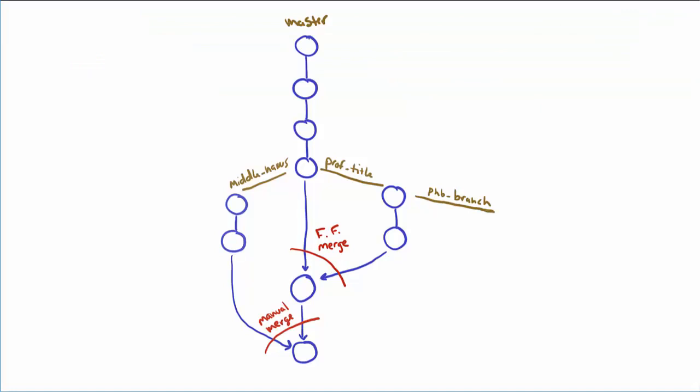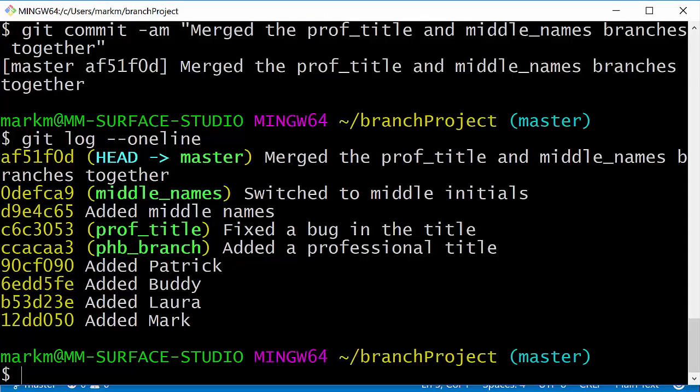If at any time in the merging process you'd rather stop and go back to the state before you even began the merge, you can actually abort the merge. I'm not going to do it here because the merge was successful, but if you ask Git to combine two branches together and you can't quite figure out how to merge them together, you can always just abort, and this will go back to the previous state. Also, you want to make sure your working directory is clean before you do a merge. You don't want to have any changes lying around because, again, our head is going to move and we could